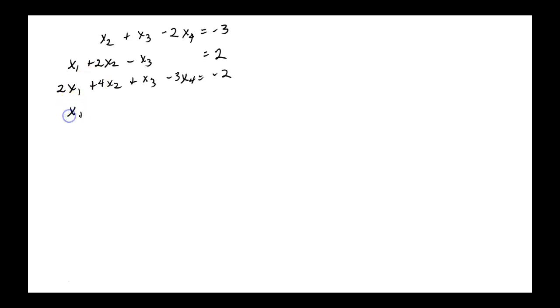Fourth: X sub 1 minus 4X sub 2 minus 7X sub 3 minus X sub 4 is equal to minus 19. There's our system of equations. How would you go about solving it? Please don't say elimination by addition. I would not even want to try to approach that. What's your first step?